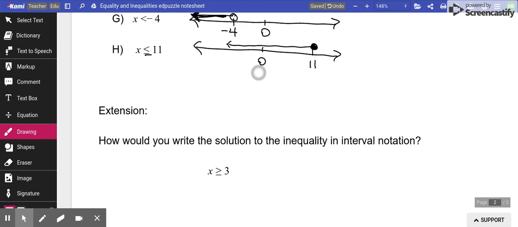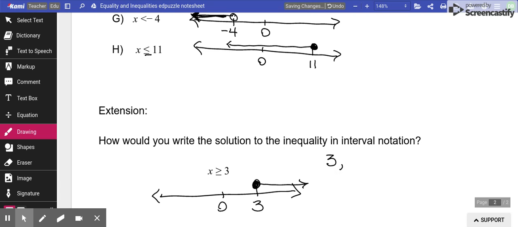Finally, for our extension question, think about how would you write the solution to this inequality in interval notation? For starters, I know this is going to be an open circle greater than. So what would that look like as an interval notation? Well, since 3 is included, remember our intervals go from left to right. So I start at 3 and I go all the way to infinity. And because 3 is included, I will have a bracket at 3, parenthesis,